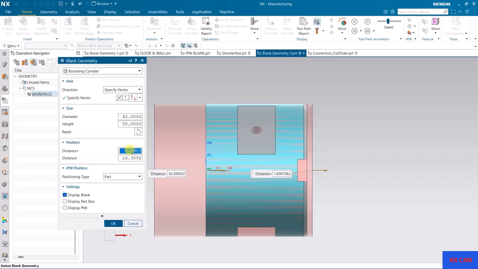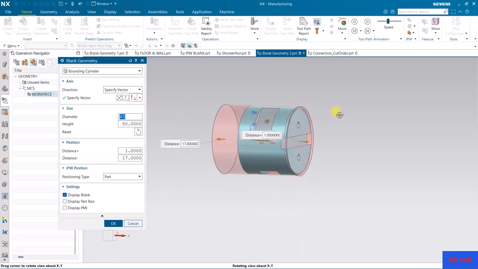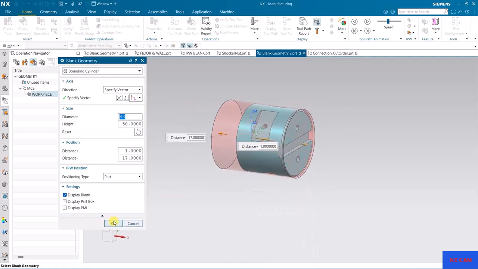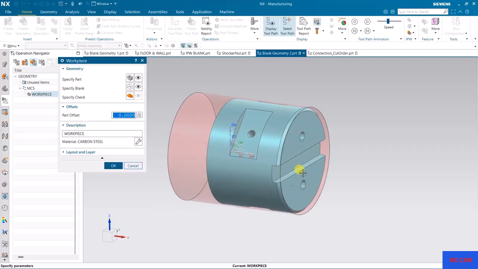Distance from here or here, wherever you want, you can shift it. And similarly for the diameter, I want 43, so the diameter will also increase by 0.5 mm on each side. Okay. So this is the workpiece and blank with bounding cylinder.